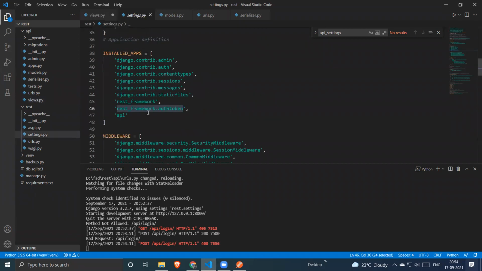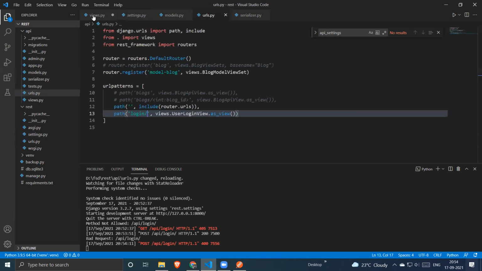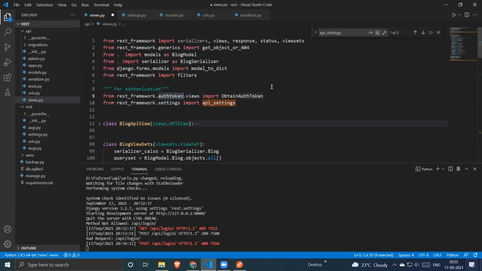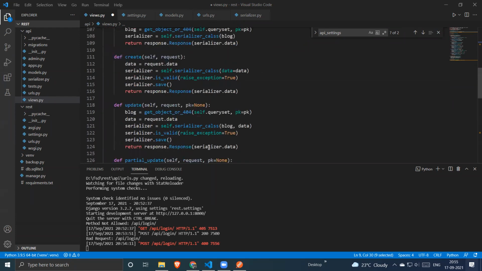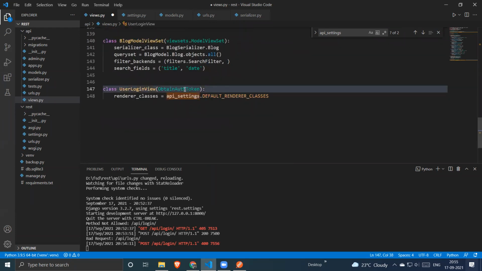We have already registered it. It comes predefined with the REST framework. Whenever you are going to use an authentication function, you have to define this auth token class. Then you have to create a URL pattern. That's it. We have not written any kind of serializer, any kind of validations. What we did, we have just created one class in the view function, which is extended from the ObtainAuthToken.